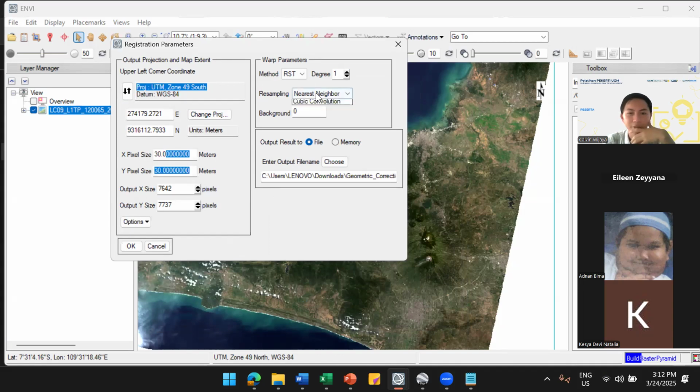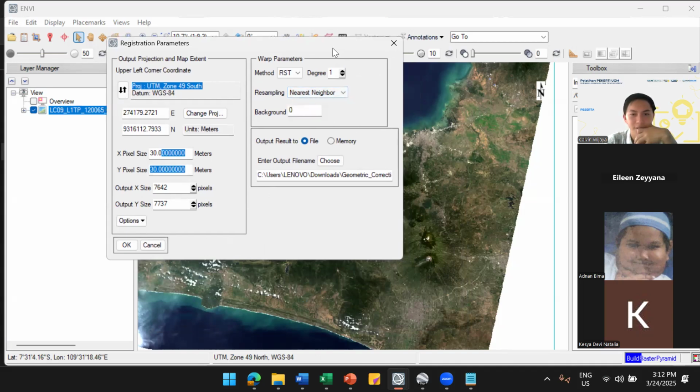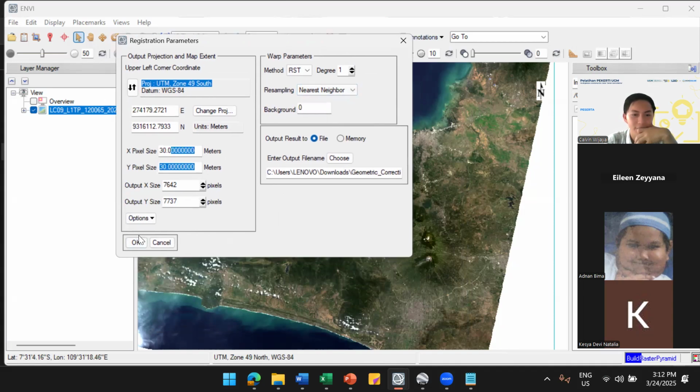Bilinear uses 4 pixels aside and cubic convolution uses 16 pixels aside. So I think you need to analyze the difference between them.